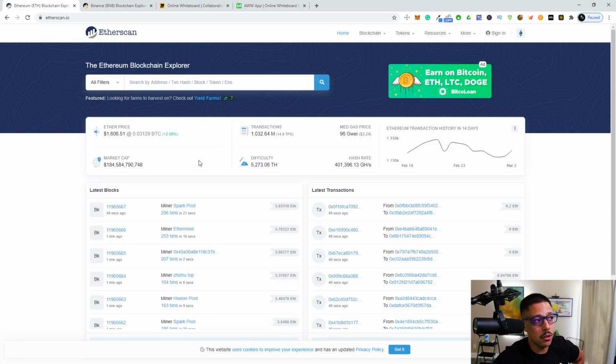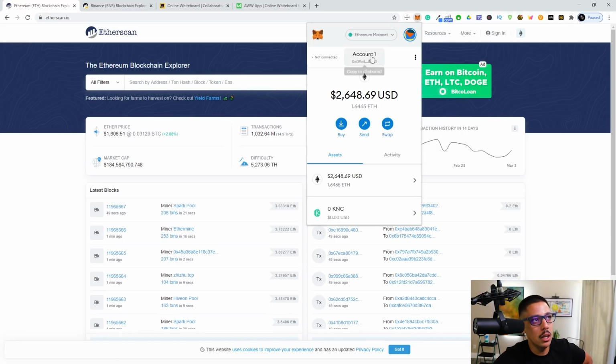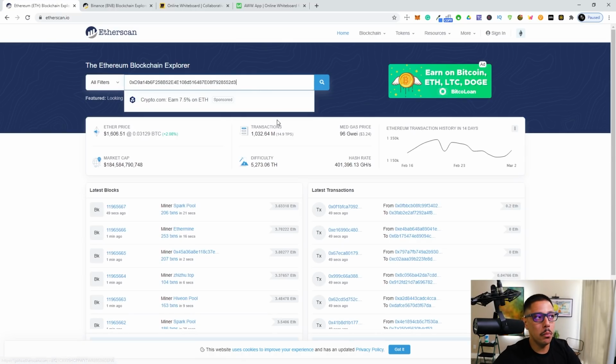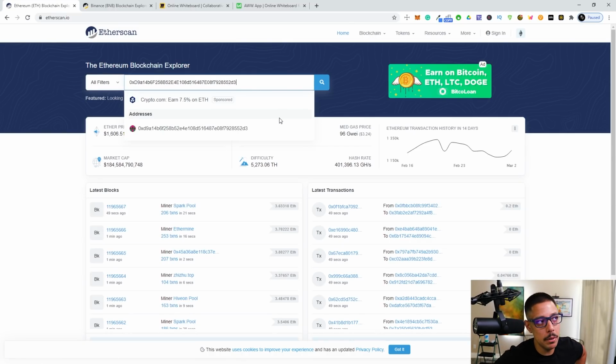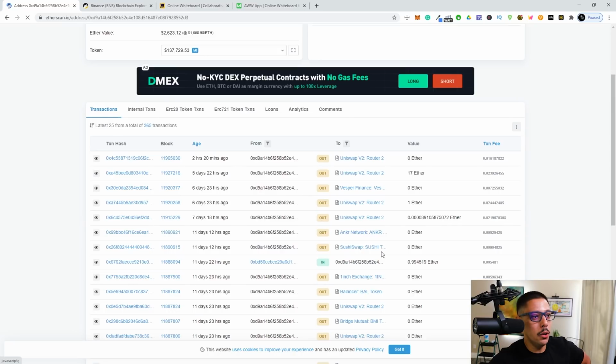This is purely educational. I'm not trying to promote anything. So as you can see here, we have the Ethereum Block Explorer. All you need is an Ethereum public address. I'm going to take this one right here and drop it right in there. Now, this Block Explorer is not perfect. You just copy and paste, press enter, and you can see that I have transactions in and out going